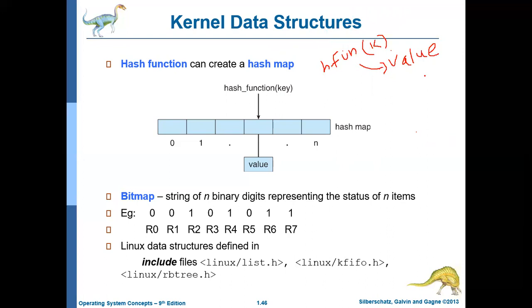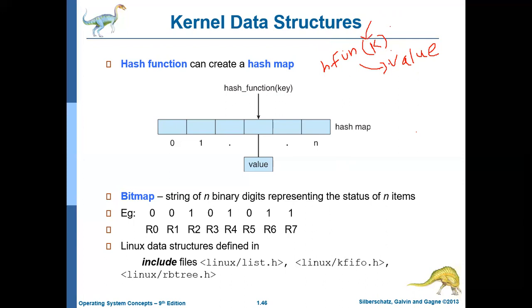Typical applications are connecting a username with a password. For example, the operating system maintains different users, and for every user there is a particular password. The operating system need not search for the password in memory or anything like that. It can rather maintain a hash function that maps every username to the respective password. Now if a username is given to the hash function, it will automatically give the password as the output.